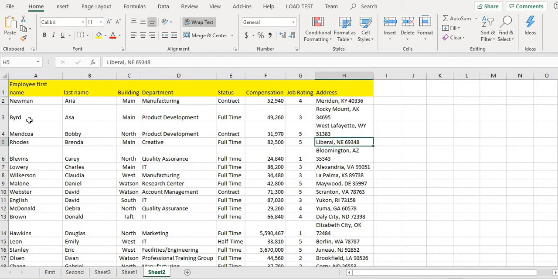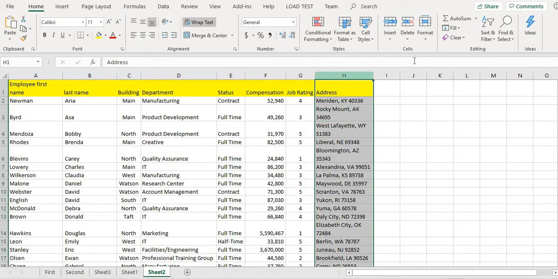In that case only the comma was there. Now this is the address. Here you see there is the address and there is a pin code, so you have to sort by pin code. You cannot sort it here, so you have to first get one column which has the pin code only. How will you do that?